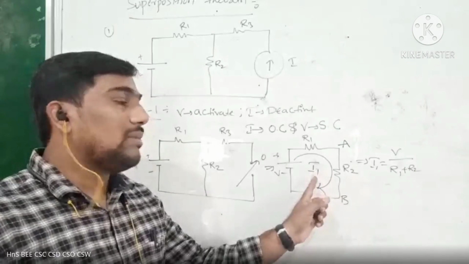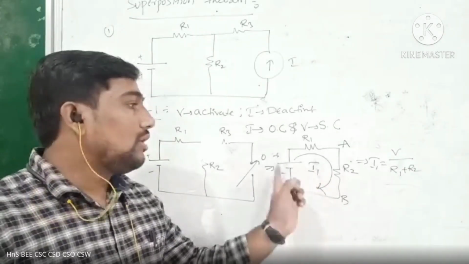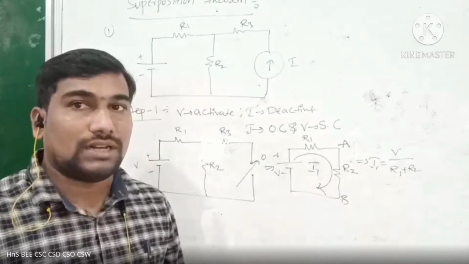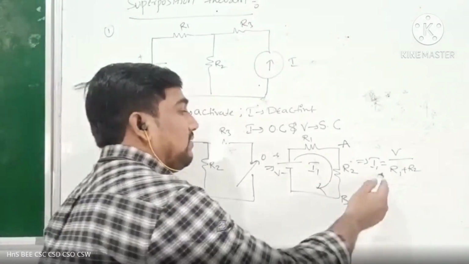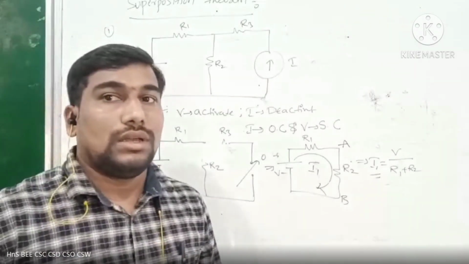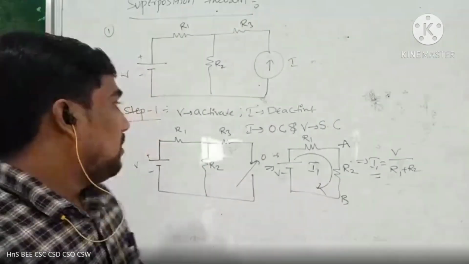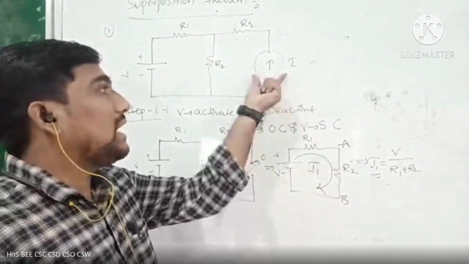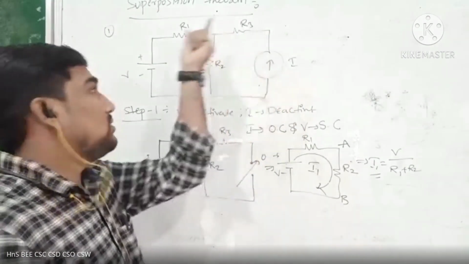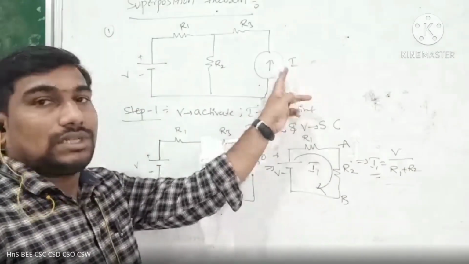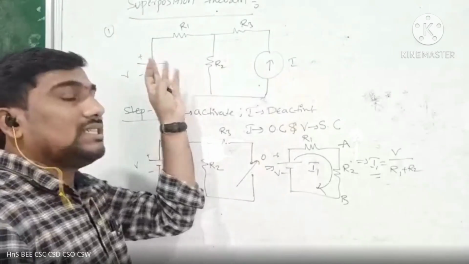I1 equal to, simply I am finding the I1 value, then you have to apply Ohm's law in our given circuit, in our last circuit from step number 1. Now we can get some I1 value. Okay, in our step number 2, you have to activate the remaining source. Simply I am writing current source is activation, the remaining source is deactivation. Okay, the first current source is activation, the remaining source is deactivation in step number 2.